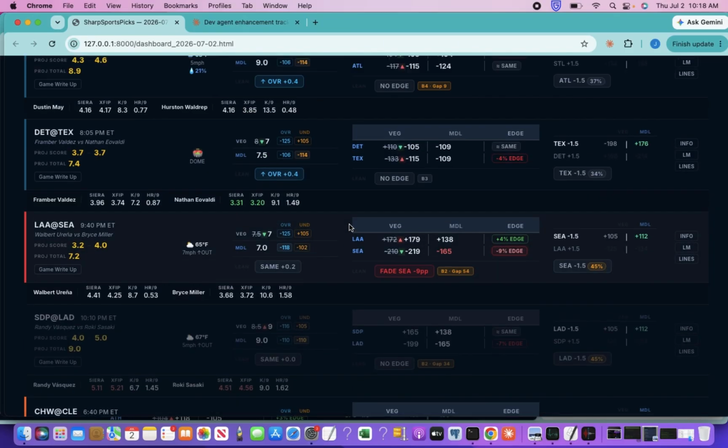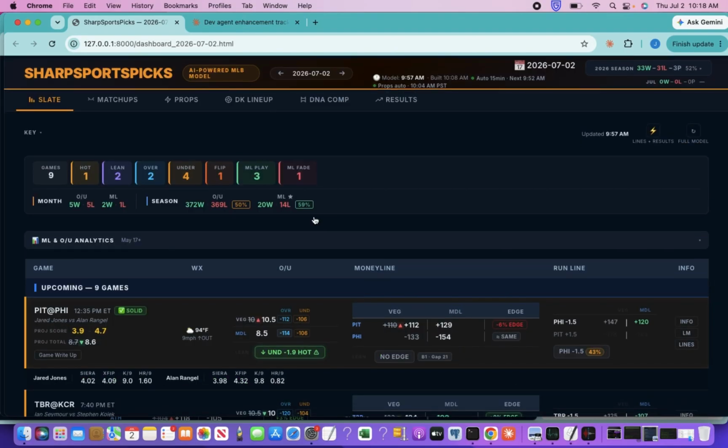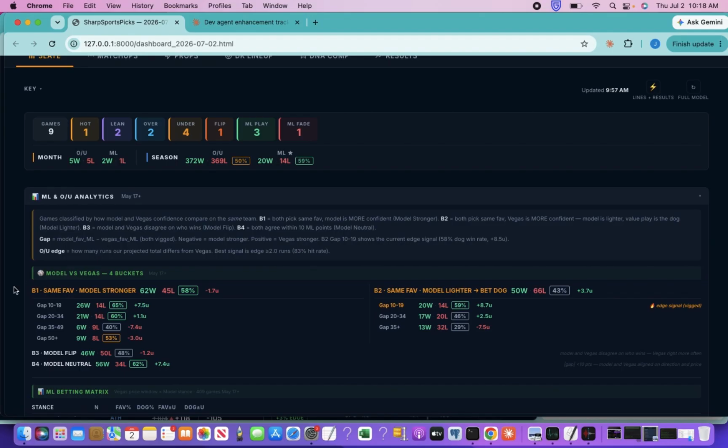So let me find an example of where we have basically the exact same line as them. So right here, yeah, basically it's within the range, so it's in that third bucket where it's basically the exact same line. So that's option three. So it's either we have the same favorite, we are aligned with what Vegas has, or we flip it where we have the underdog Vegas has as the money line favorite. So those are the four buckets of bets that happen through a money line.